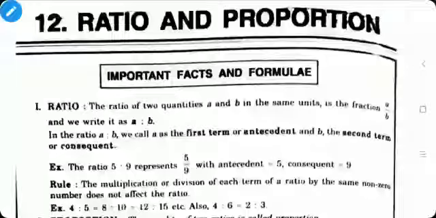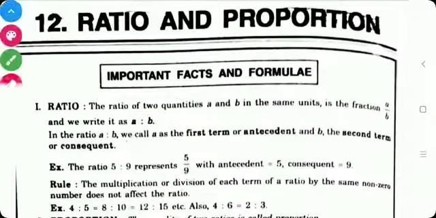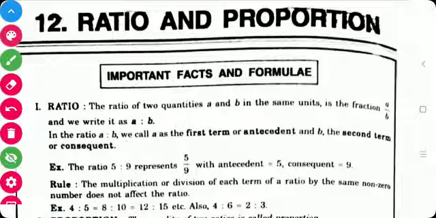Students, now we will start with the third part of unit 5, that is ratio and proportion. So first of all we will see important facts and formulas. First is ratio. The ratio of two quantities A and B in the same unit is the fraction A upon